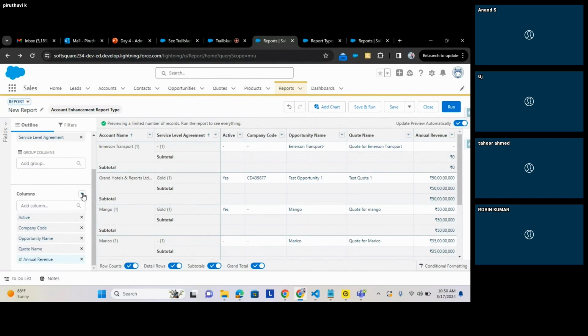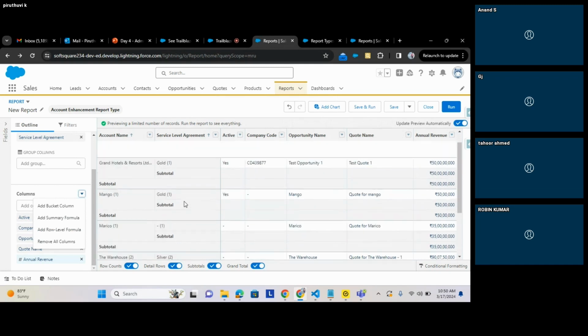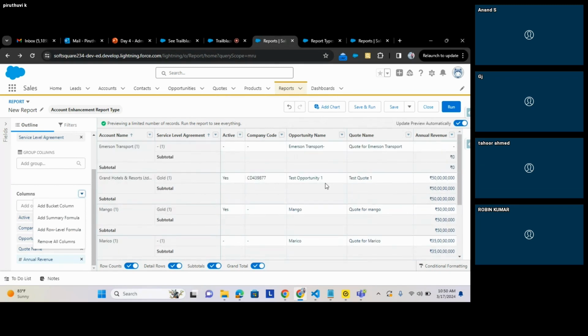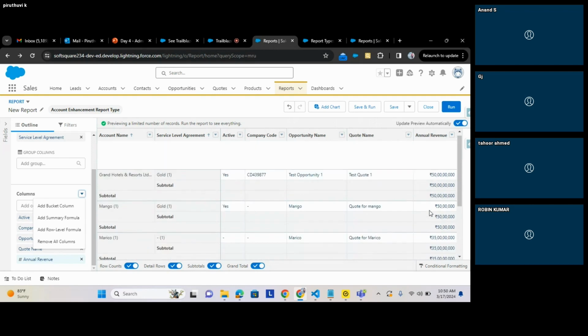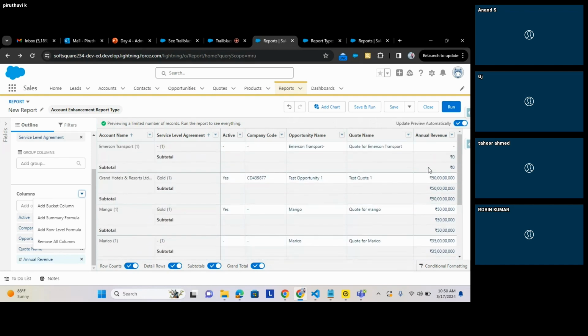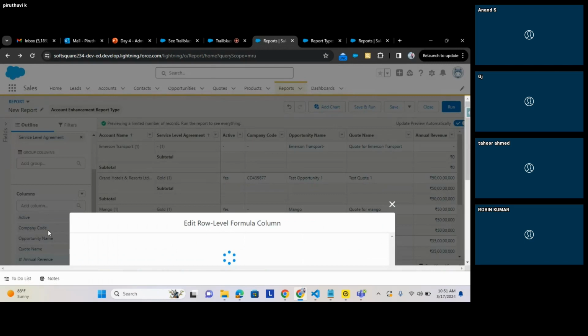Let me just add a formula. First, let's go with the row level formula. So what does a row level formula mean? If you think about each row, each row contains annual revenues, right? Which means each opportunity contains some annual revenue in terms of accounts. So here my idea is, if the annual revenue is greater than 1, I need some notifications. So let me just add a row level formula,